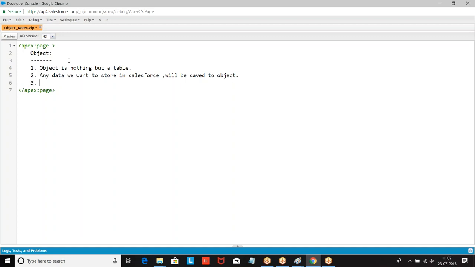Then there are two types of object: standard object and custom object.